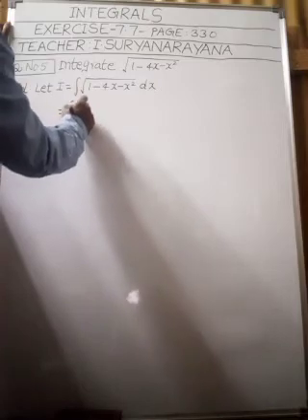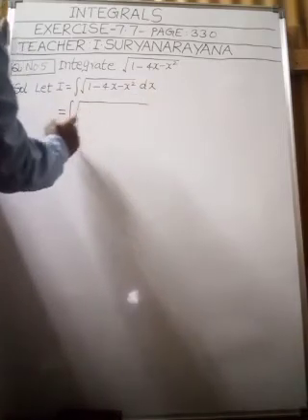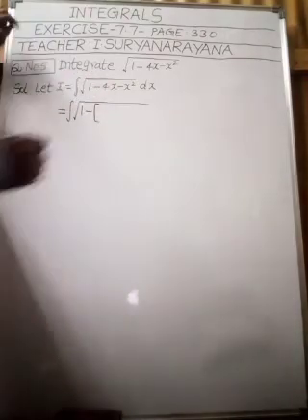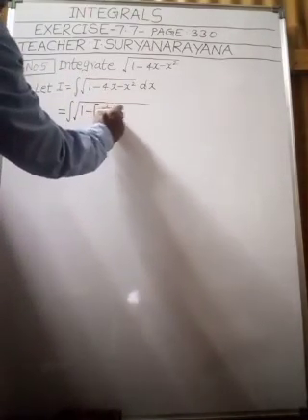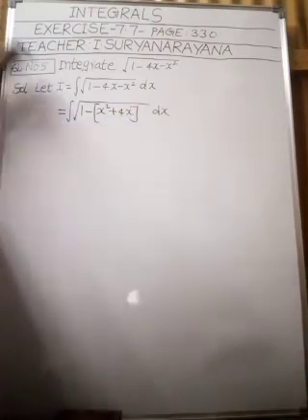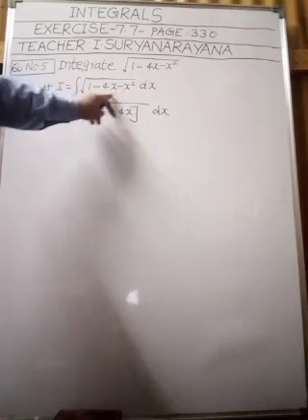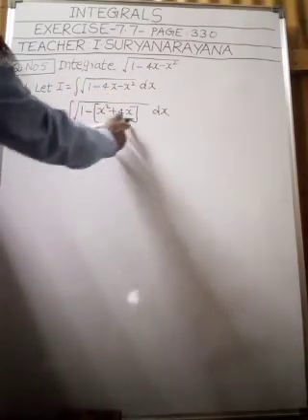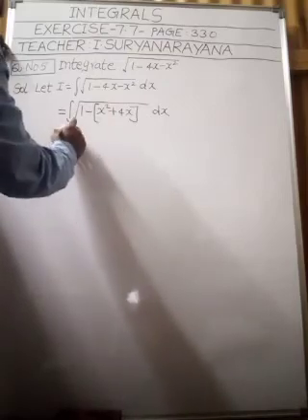For that we take the common factor minus 1 from the square root. Then what do we get? x square plus 4x. I have taken minus 1 from these two terms, so we get x square plus 4x. Understood this step, my children? Right. Integral square root of